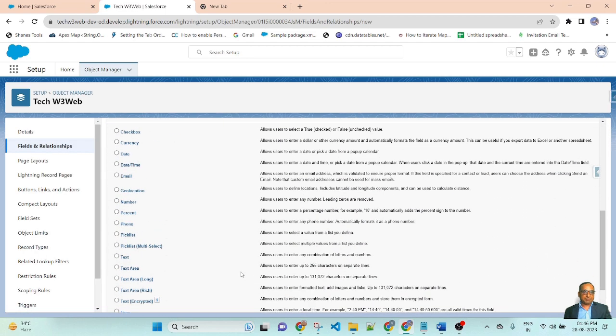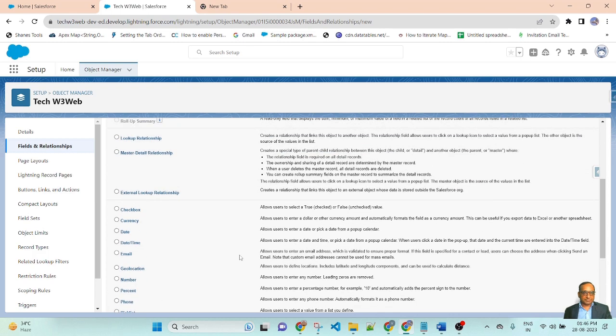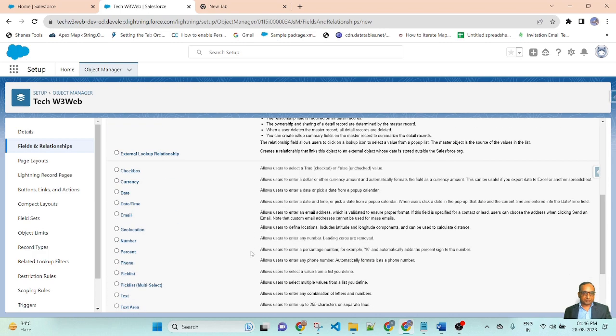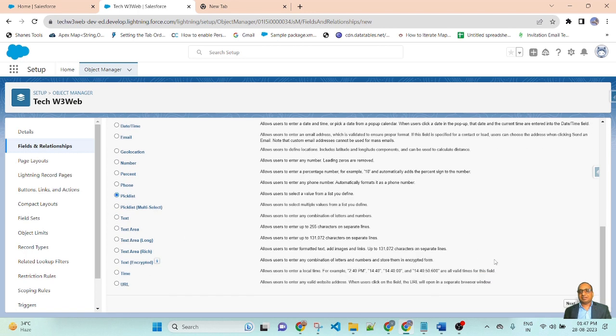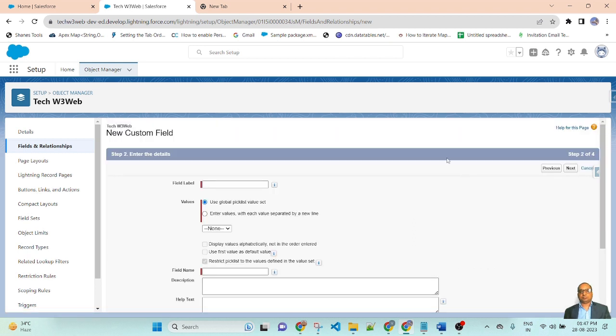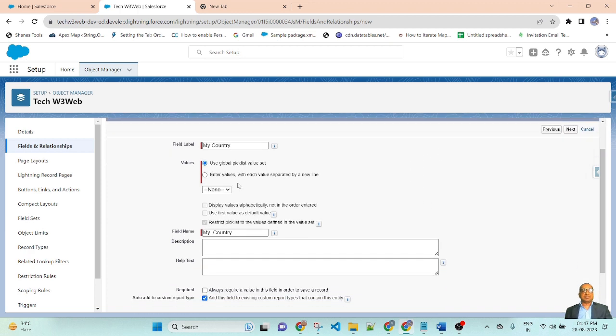Here there is a picklist option. Select picklist and go next. Write the name of the field label. Here I am writing My Country, and use global picklist value set.